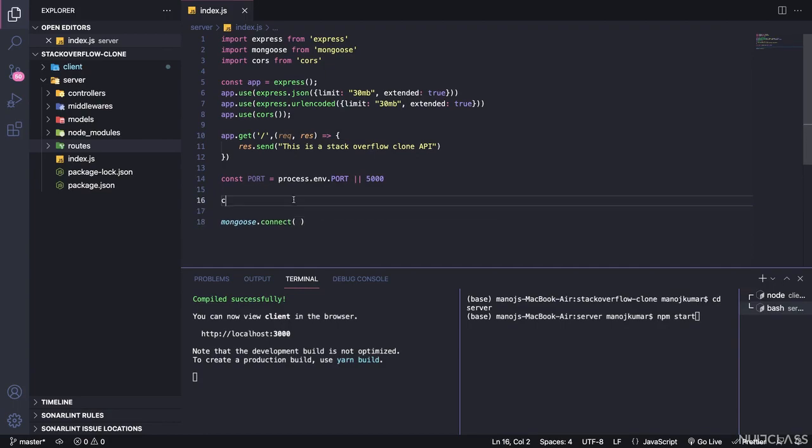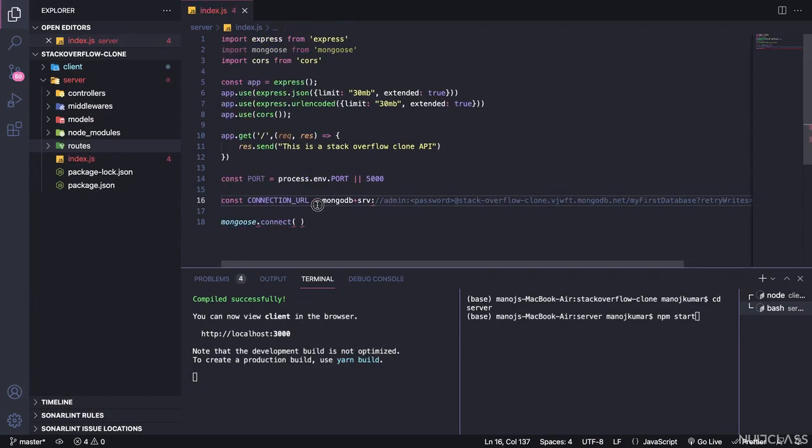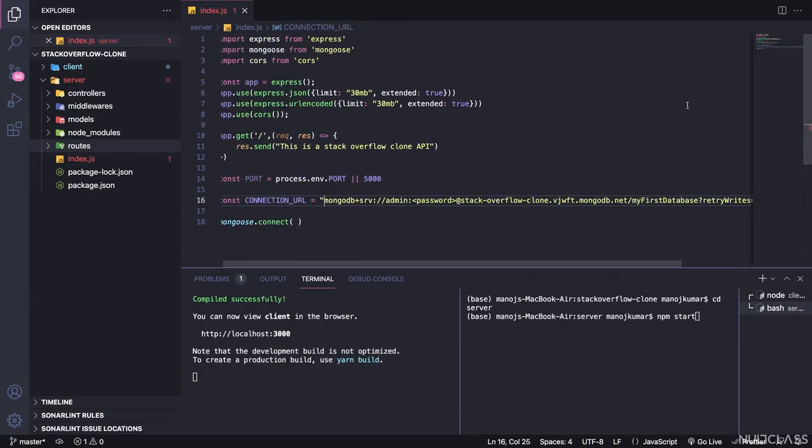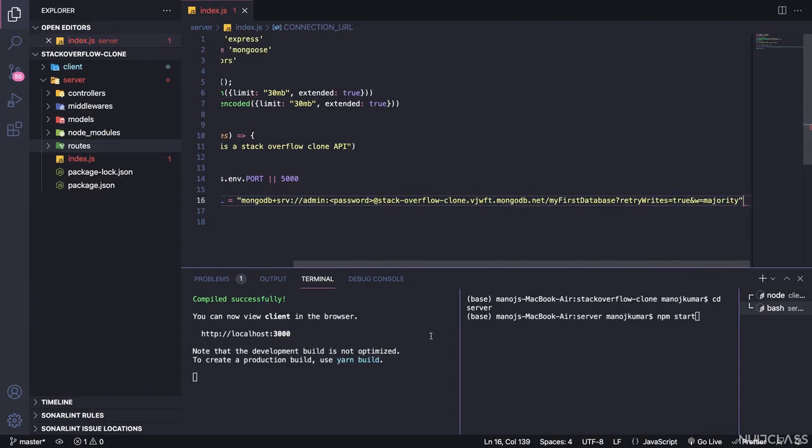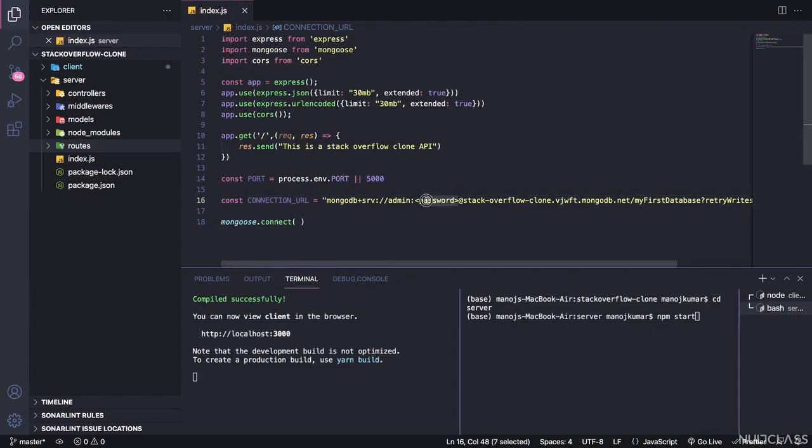So here we're just going to say const connection_URL is going to be equal to, so these things we have to wrap everything inside a string. So in here just change the password of the user what we have provided. In this case I've just left it as admin. So we are just going to pass this entire thing